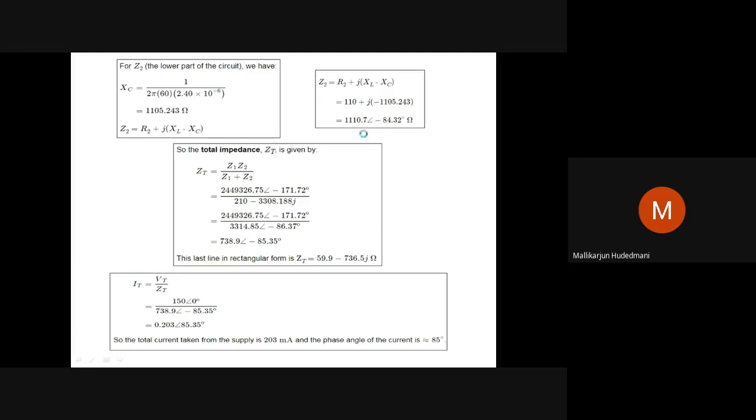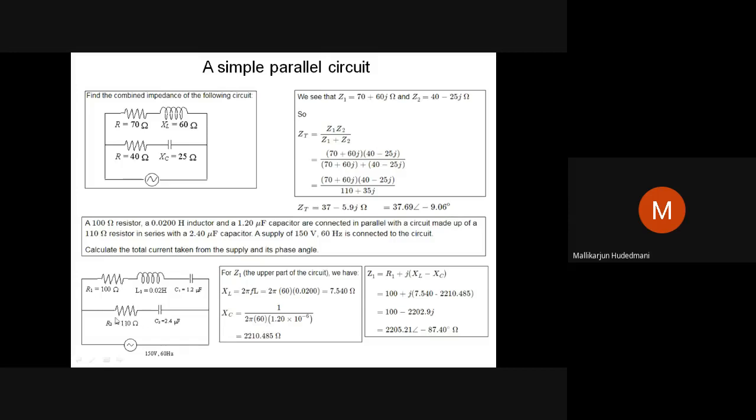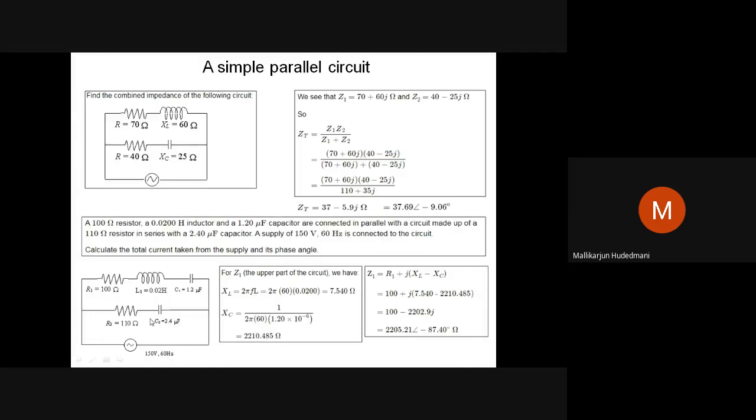Now, at the end, I computed Z1 and I computed Z2. Together they are in parallel. How do I get Z equivalent? Just see this: Z total equals Z1 Z2 over Z1 plus Z2. So I have to operate this complex multiplication and division. You can manually open a bracket Z1, close the bracket, open a bracket Z2, close the bracket, then divide by the sum. This step I have to practice. When I practice, I'll get the answer in rectangular as well as polar.